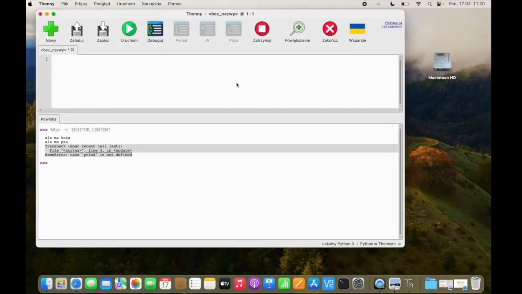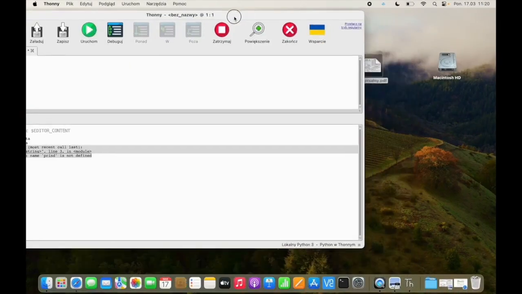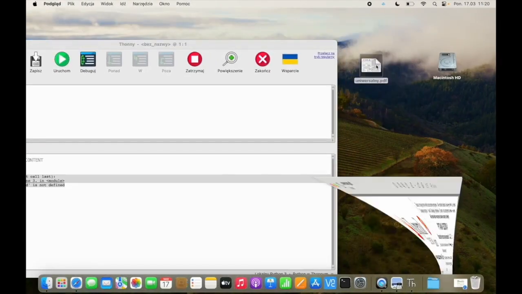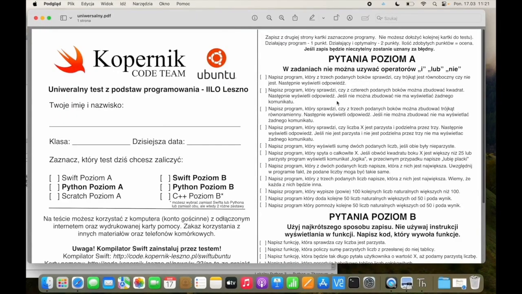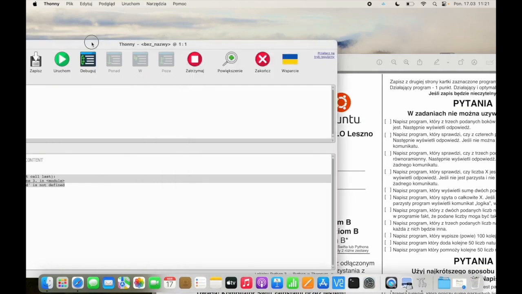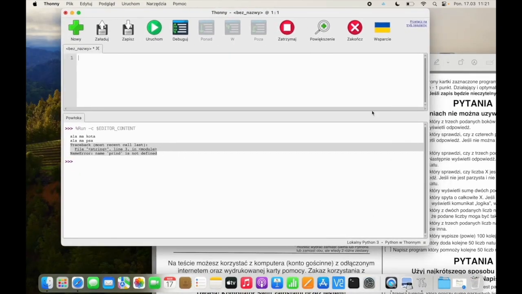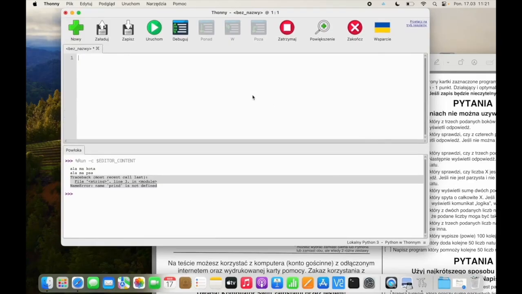And now, what we're going to play with are these tasks. There are 13 tasks. They are mainly related to mathematics and logic. But maybe let's do it this way. By way of introduction, let's talk about what variables are and what the basic instructions in Python are. To start with,